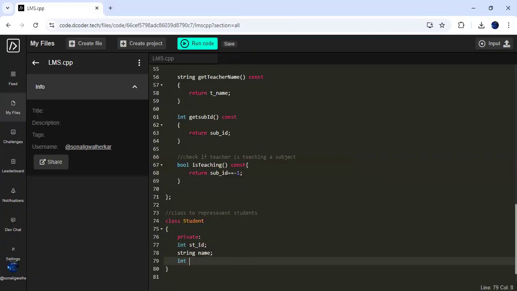So here we will be creating a vector because student can enroll in multiple subjects. So we are supposing here student is enrolled in multiple subjects because we are having a problem statement to find out students enrolling in maximum subjects. So here we'll be having subject ID